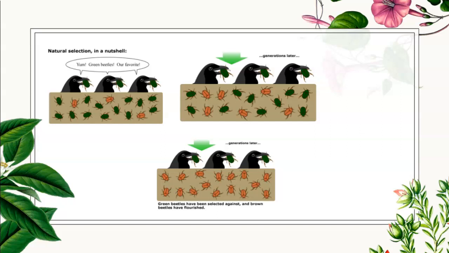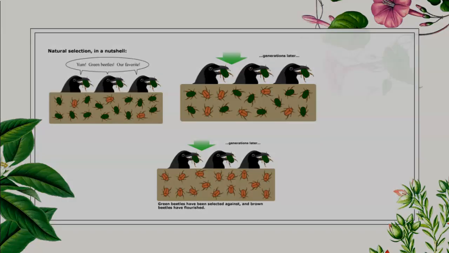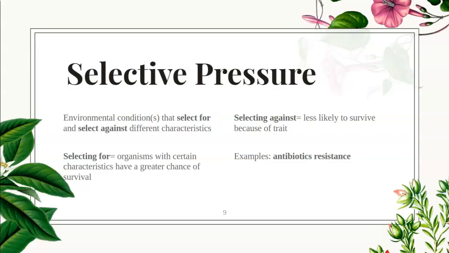But essentially what we're saying is we're selected against when you die and you can't pass on your genetics, or you're selected for, meaning you're passing on your genetics. So selective pressures are the result of environmental conditions. We select for or we select against. If we're selecting for, we like the characteristics we see, there's a better chance of survival. If we're selecting against, it means there's less likely a chance of survival and you're not going to pass on